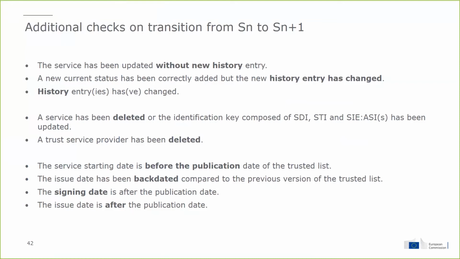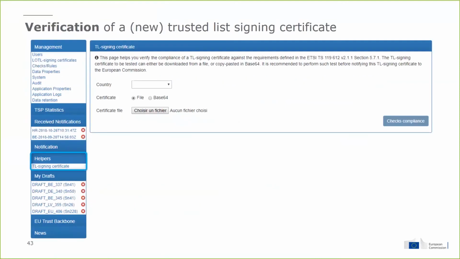The signing date after the publication date, or the issue date after the publication date. For all these dates, please bear in mind that the tolerance of the tool is the same day. As Olivier explained, there is a tolerance of the same day for all these dates, and we followed that in the checks of the tool. So we are only comparing the date part of the date time and not the time part, if you see what I mean, so that we are also tolerant in the checks about the fact that we are only talking about dates. That's about it for the checks.